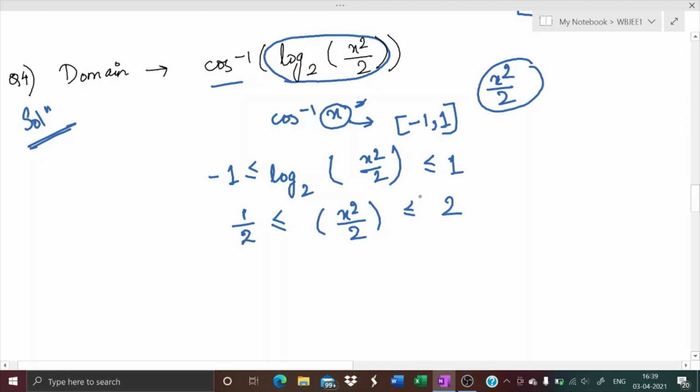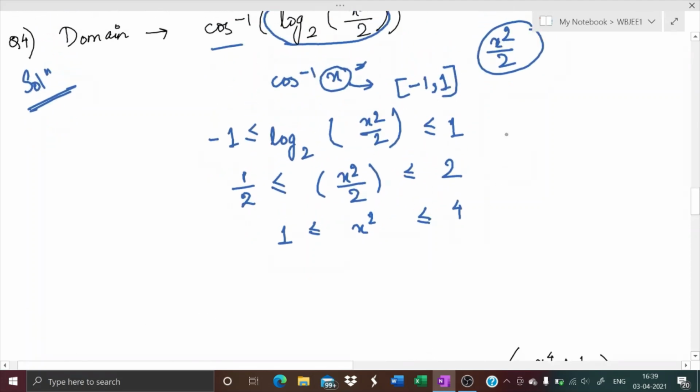Okay, so x square would be multiplied on the entire equation by 2, then it would be like this. Now from here I will be having two parts,